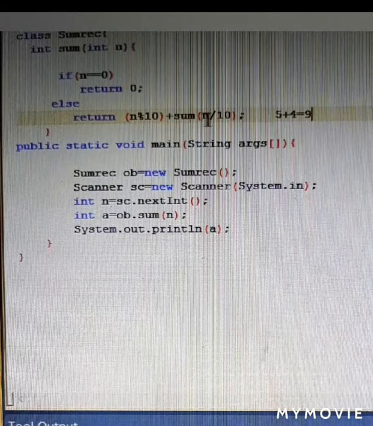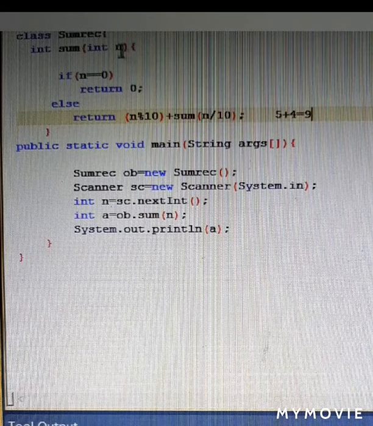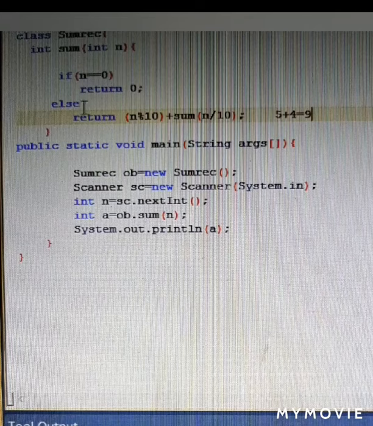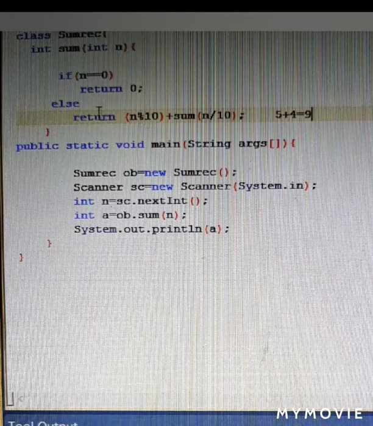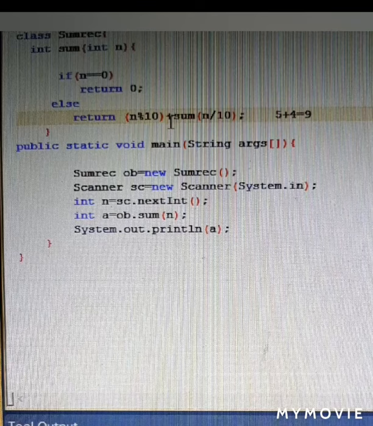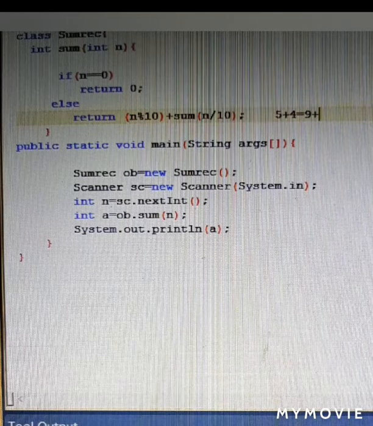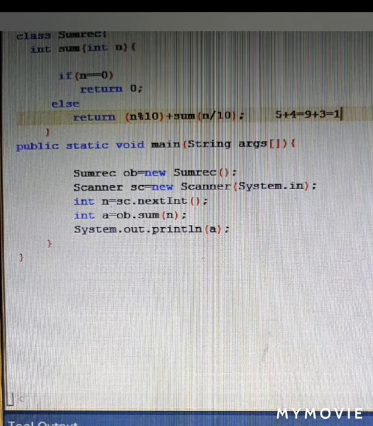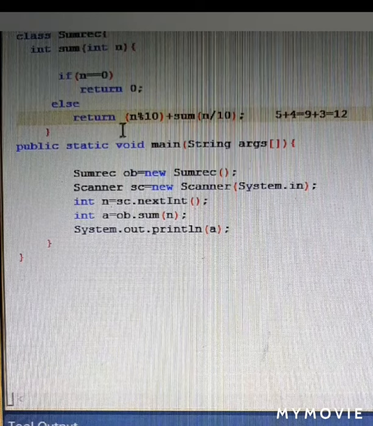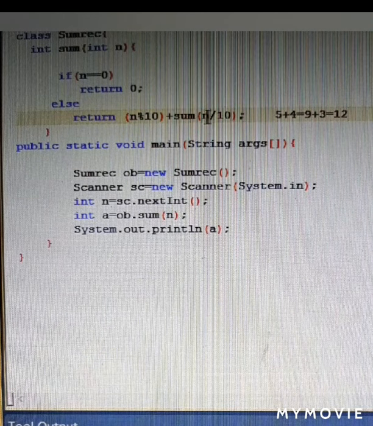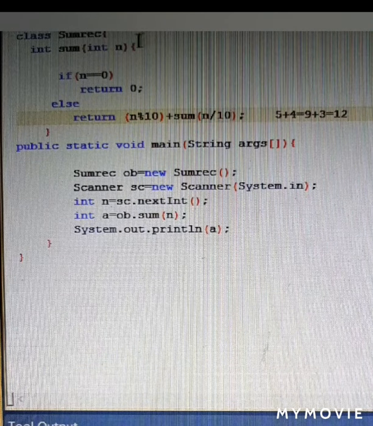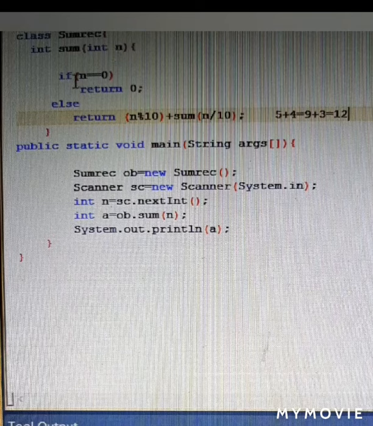And then sum is going to call itself with the quotient 3. Is 3 equal to 0? No, it will come to this else part. 3 mod 10. If you divide 3 by 10, it doesn't come in the table of 10. So 3 is a remainder itself, which will again be kept with 9 in the memory, and you get an answer of 12. Since 3 was not being divided by 10, there was no quotient. The quotient is 0, which will be received over here, and the base case this time will be true.